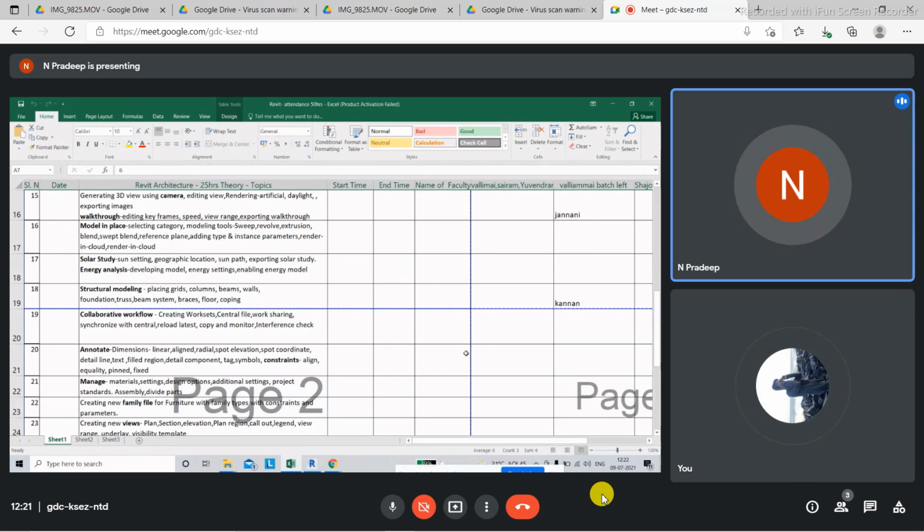But after BIM came into play, we can work simultaneously, and none of the work will be disturbed by the other people. For example, you do something, I cannot alter or change it without your permission. That is the main advantage of collaborative workflow. That's the topic we'll be seeing today. It's the 19th topic; you can see that in the syllabus here.